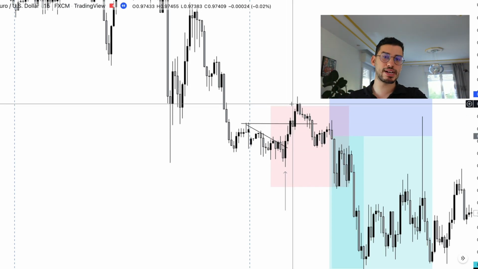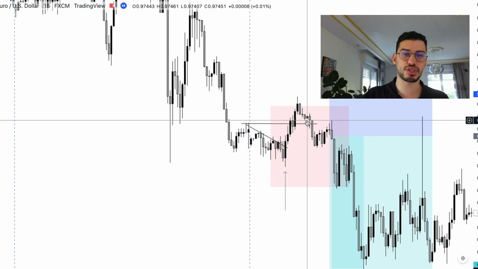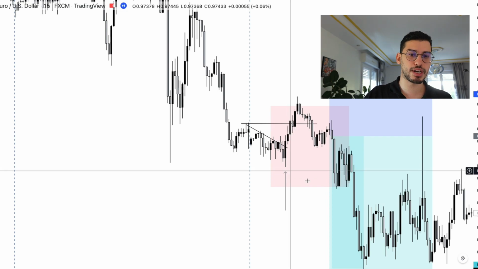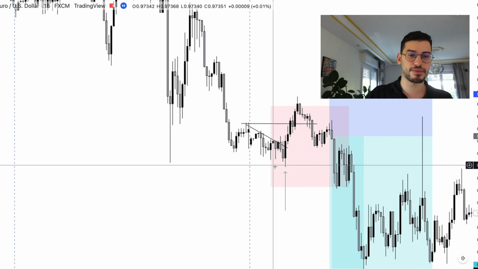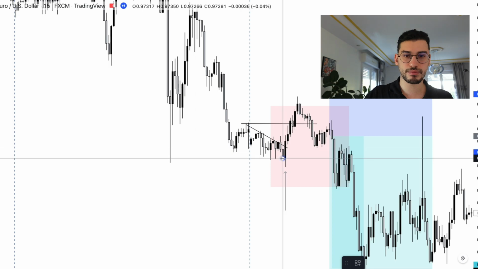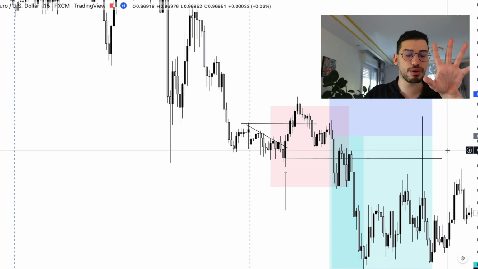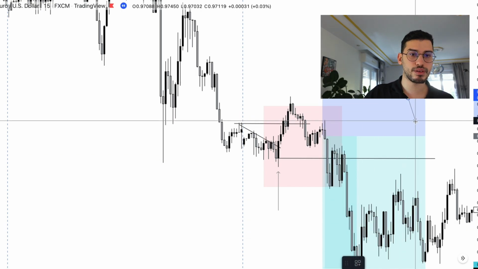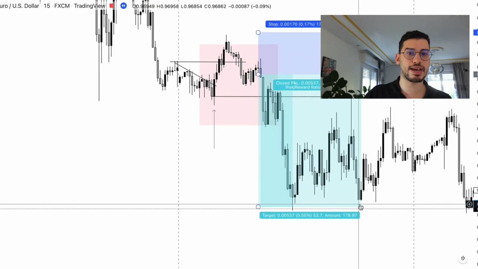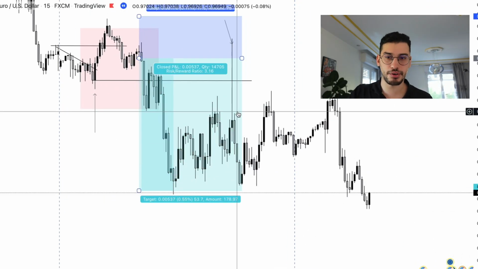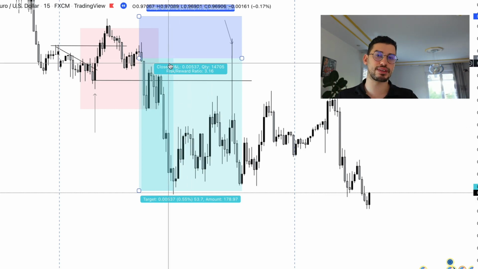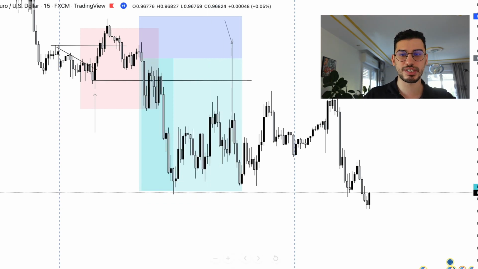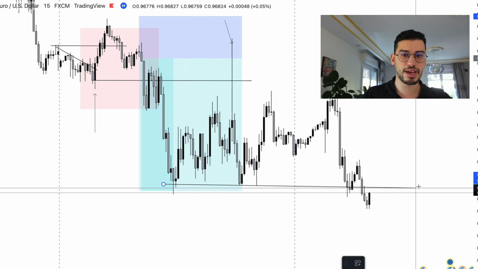So what's going to happen next is that they will wait for the market to push above this area and they will close their original buy. And this is what happened. The market pushed above this area right here, pushed above this low, as you can see. And as soon as we pushed above that low, they closed their position right here, which caused the market to melt through to the downside and trigger my TP area. So I've entered when they thought of closing that position, and I've exited just down here at a 1 to 3 risk reward ratio after the stop losses of this double bottom right here have been taken.